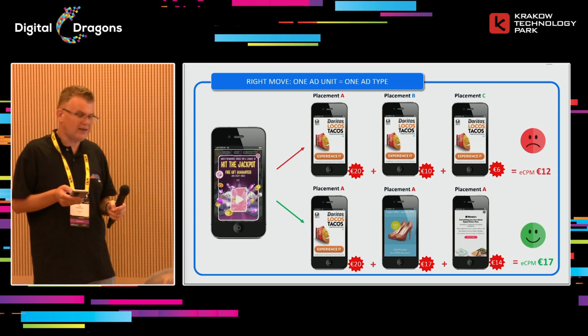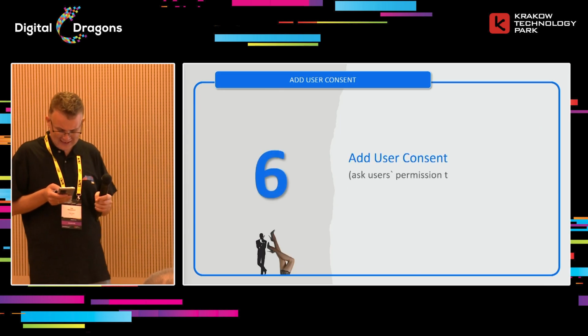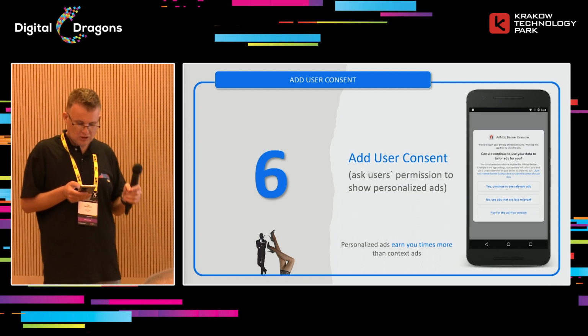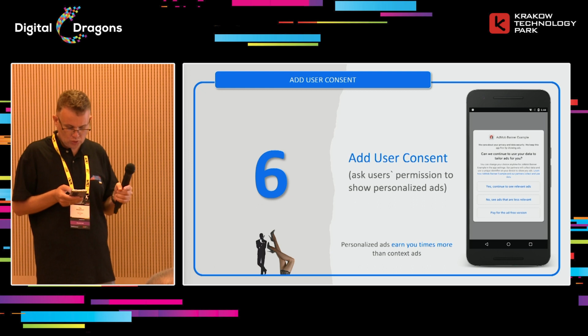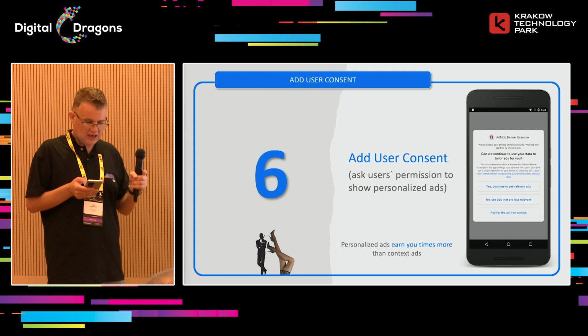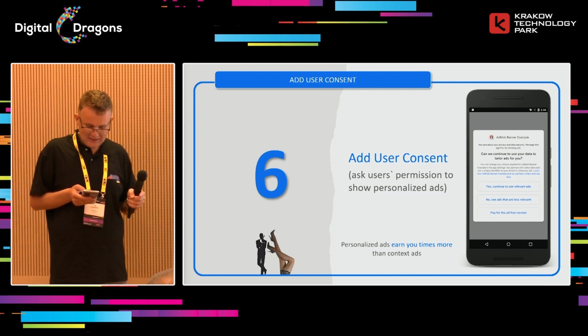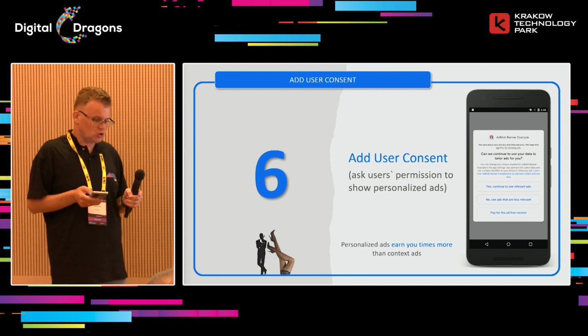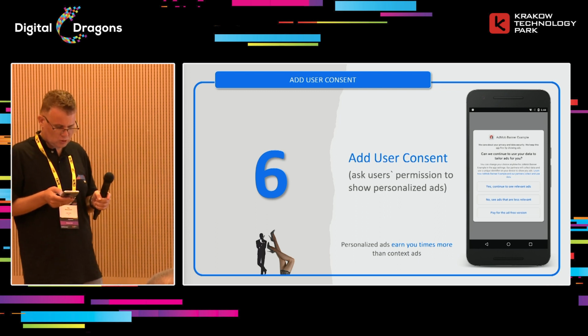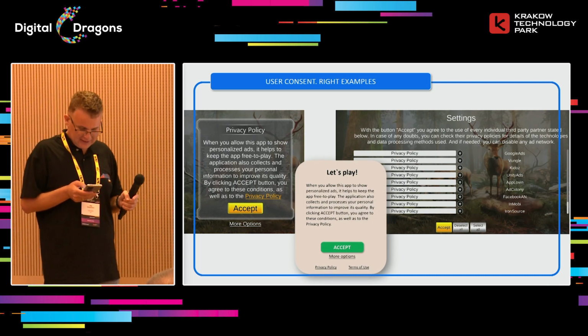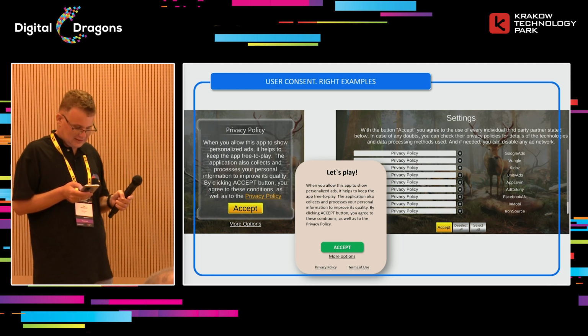The sixth tip, don't forget to receive user consent for personalized ads. User consent is a critical tip for ads revenue increase. It allows showing personalized ads to users. It also means that if you integrate any classical mediation without a user consent dialog, you are at high risk of a huge penalty according to EU and US regulation. In any case, it's much better to show a user consent dialogue than not to show it. And you can find a typical dialogue sample on this slide.